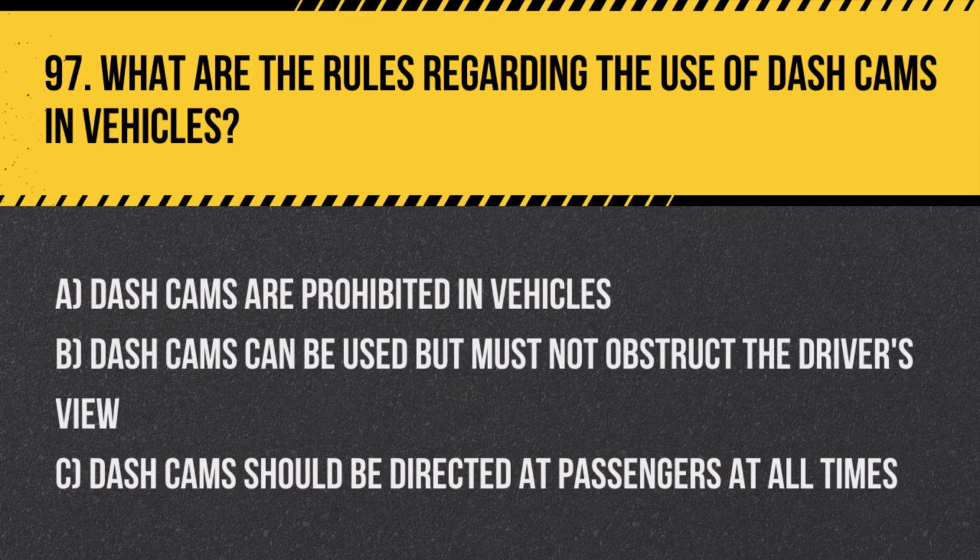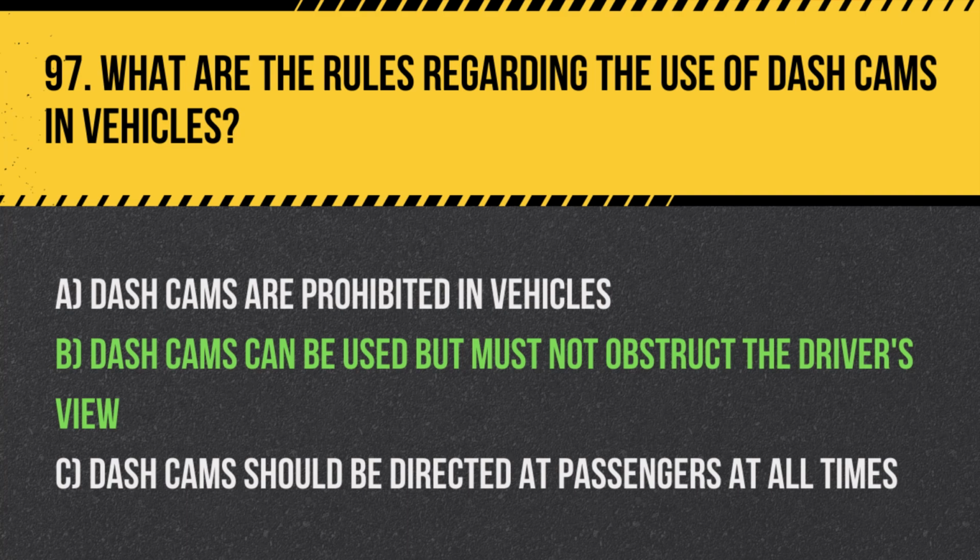Question 97. What are the rules regarding the use of dash cams in vehicles? A. Dash cams are prohibited in vehicles. B. Dash cams can be used but must not obstruct the driver's view. C. Dash cams should be directed at passengers at all times. Answer. B. Dash cams can be used but must not obstruct the driver's view. When using a dash cam, ensure it is positioned in a way that does not interfere with your view or